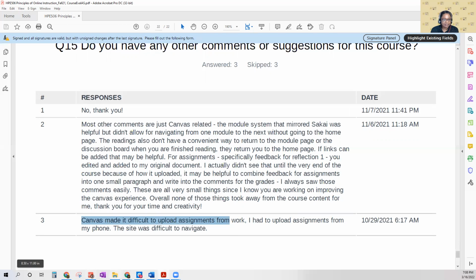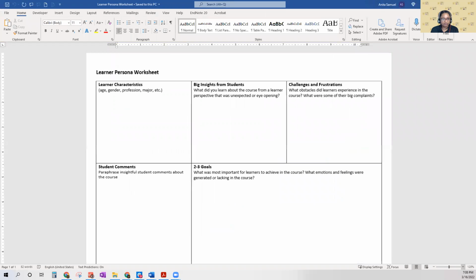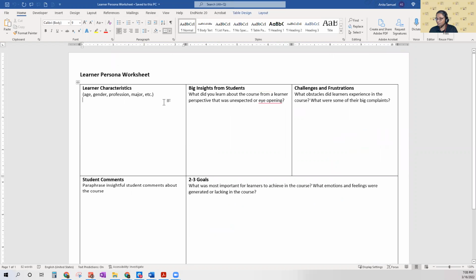Okay, so now let's take a look at the first part of it, which is the learner persona worksheet, right? Now in this worksheet, if I were to fill this out, learner characteristics. For you, when you're filling out the learner characteristics, think of the learners who have taken the course that you're redesigning, or the learners that you interviewed. That's generally what you're going to put in over here. So for the feedback that I received, I would say that their age range was from 25 to 65.